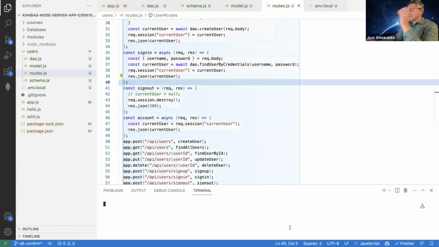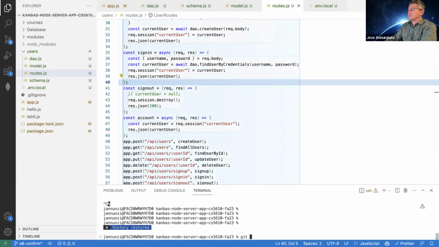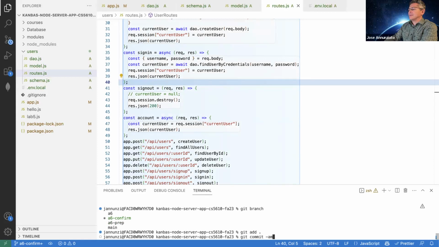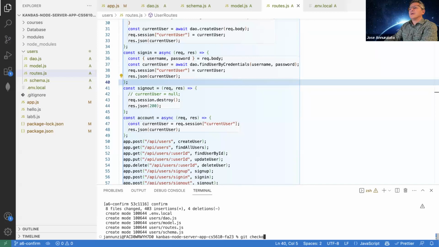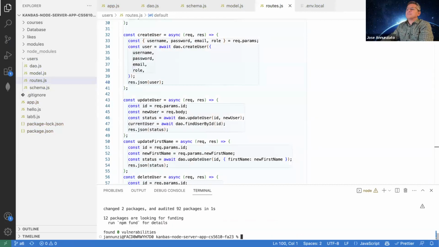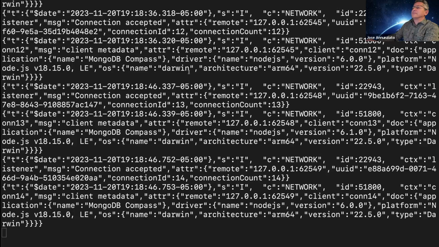So in here, let's see what branch we're in. Okay, and let's go to, wait a minute, let me add this. So let's check out A6, right? And in here, let's install Express Session, okay? All right, so we install that, and so now,